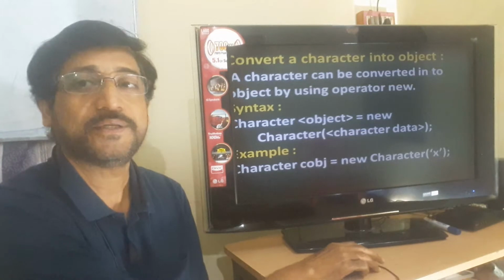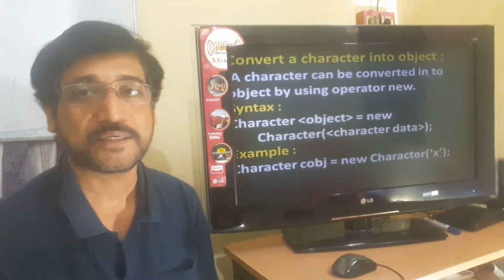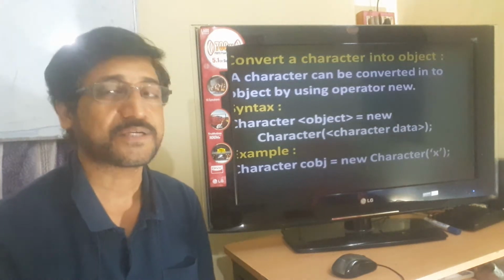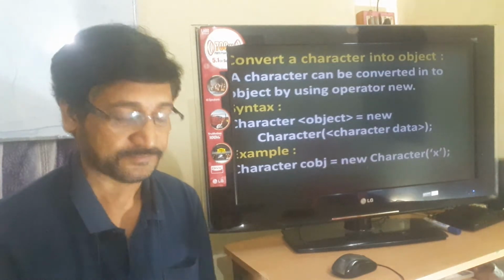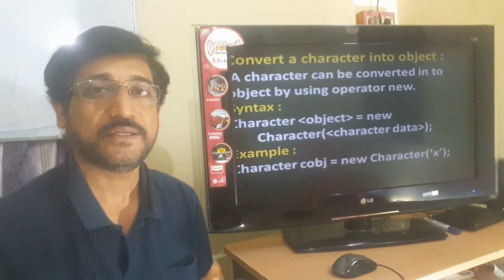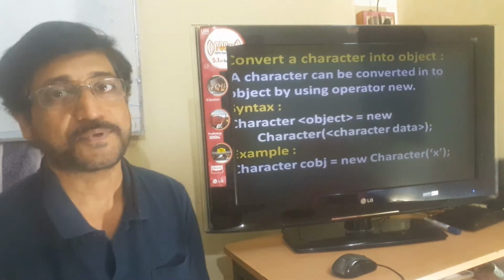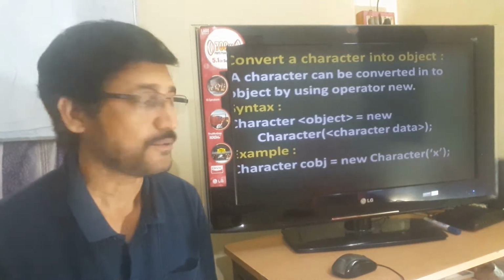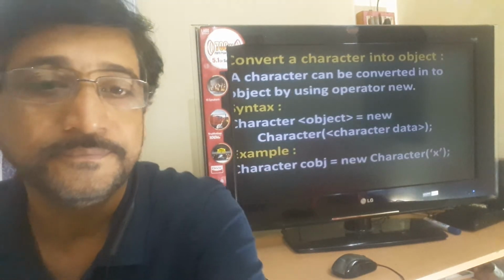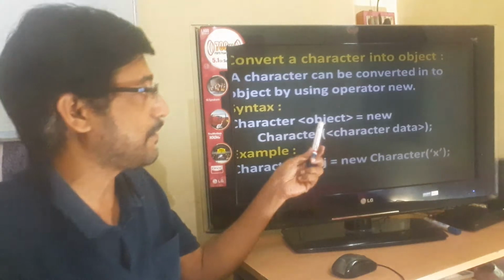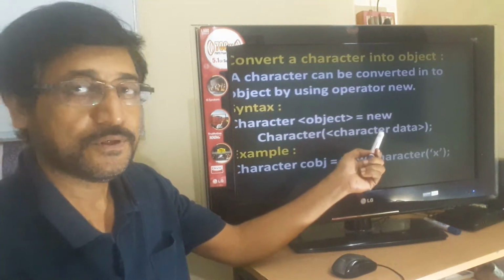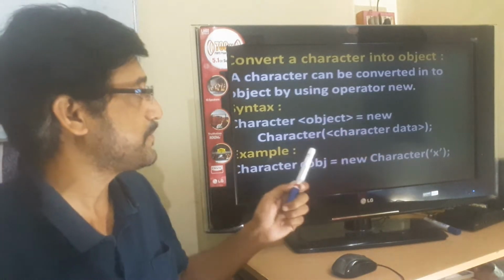Similarly, in this case also you can use the operator new to convert the character data into an object. Write the wrapper class Character, then the name of the object, then the equal sign, then new, then the wrapper class name, and you have to pass the character data into it. So Character obj = new Character(...): obj is the name of the object, Character is the wrapper class, and the character data you are going to convert into an object is passed in. This character will be converted into an object and stored in obj.